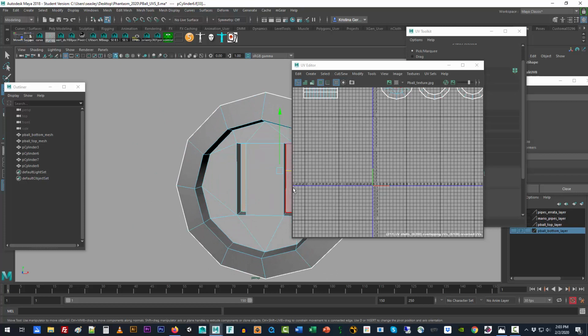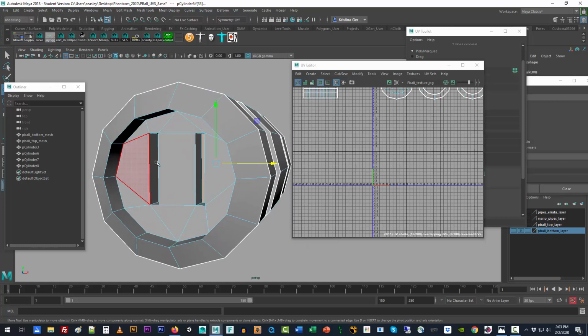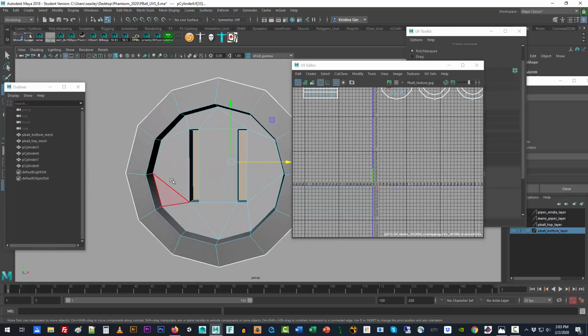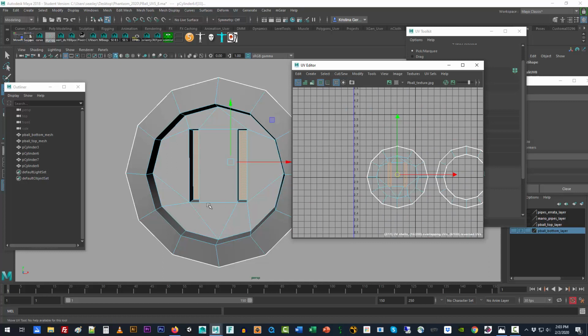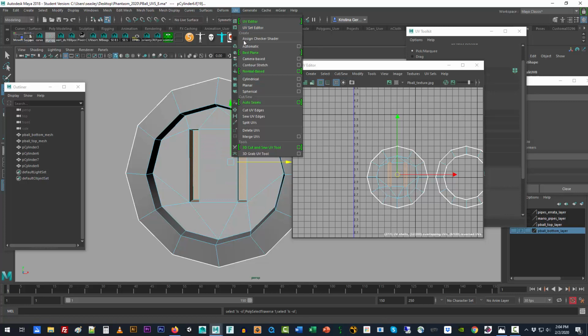Hold down shift, grab the other ones. So we've grabbed some tool tricks in Maya that we've been doing thus far, and it's kind of cool to utilize these for different reasons. So we've got the interior faces selected of the electrical outlet. What you can do from here, since we just have those faces selected, is press the Shift greater than key on your keyboard. And what that's going to do is select all the faces adjacent to it. And what we want to do then is come up here to UVs and go down to